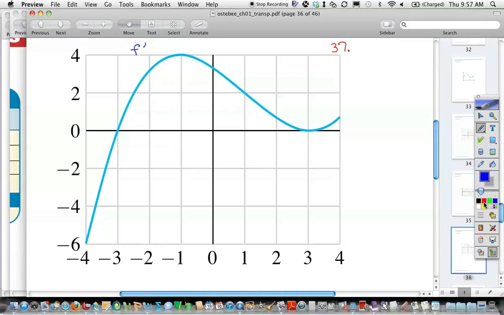Okay, so on 37, it says, where is f increasing? Well, where are we looking on this? Where it's above the x-axis. Positive. Are we okay, though, if it touches into 0 here? We're okay there. So they say, where's f increasing? So it would be all the way from -3 to 4. Now, you wouldn't say infinity here necessarily because they've given you this kind of boxed-in picture and